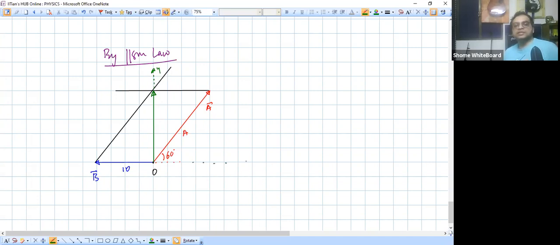And this is the x-axis. So the resultant of A plus B, I want that this should be 90 degrees. So if this is 90 degrees, this is a right angle triangle where you can see that this whole angle